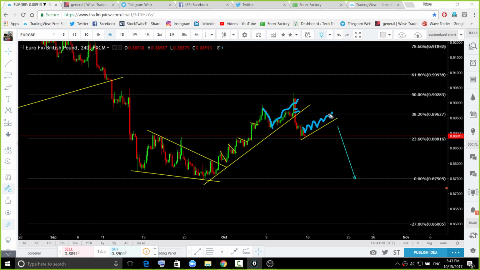Okay, what I said last week, if you remember, is that we need to see a breakdown of that trend, this trend. Then we need to see a continuation formation. Then we can look for the continuation to the downside. So if you haven't joined that impulsive move when it was appearing over there, then wait and watch for this flag to appear and then go for a short.